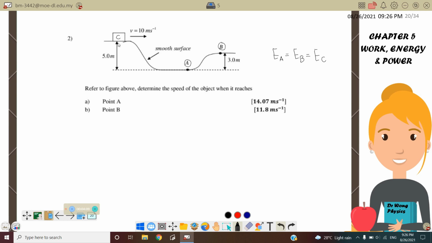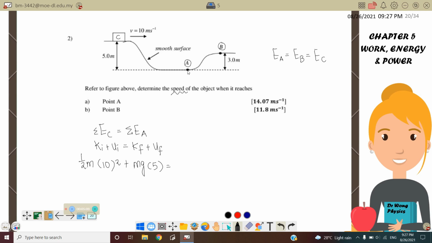Now, when the object is at point C, the velocity is equal to 10 meters per second, and the height is 5 meters. We want to find the speed when it reaches point A. We can compare C and A, because the total energy at point C is equal to the total energy at point A. So we write K initial plus U initial equals K final plus U final. K initial is half m v squared, with initial velocity 10 meters per second, so we substitute 10 squared, plus potential energy mgh, where h at point C is 5 meters, equals